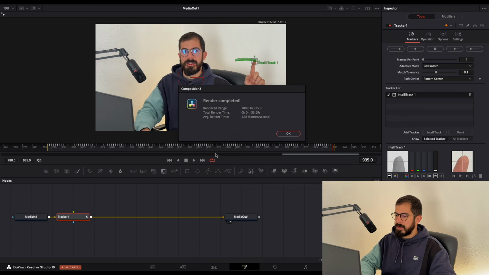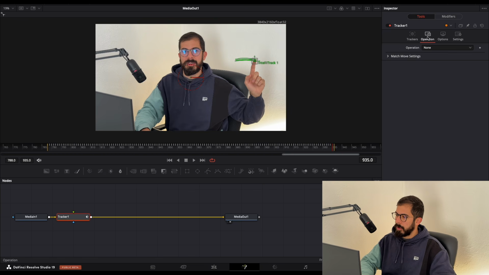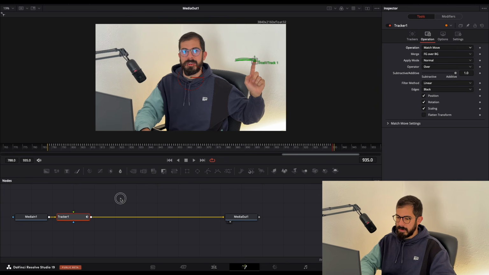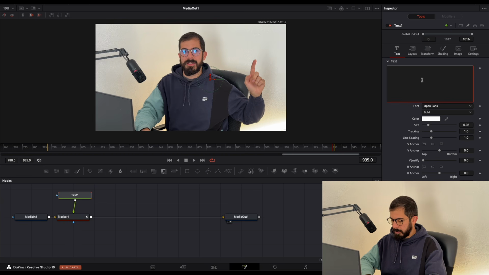Now when this is done successfully, press OK and go in operation. From here we need to choose match move. Next thing is unselect everything and add text. This text needs to be connected to the tracker. So let's put, for example,